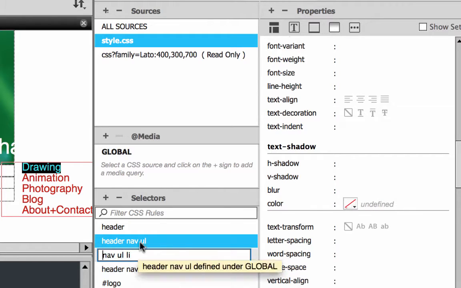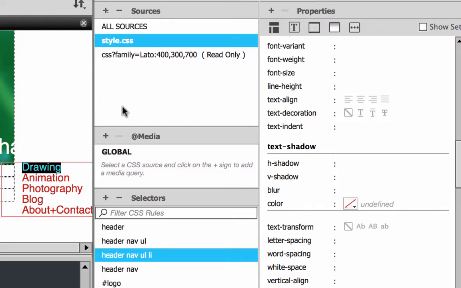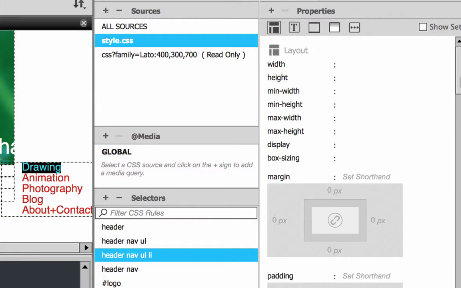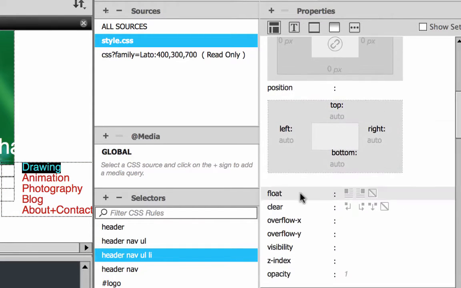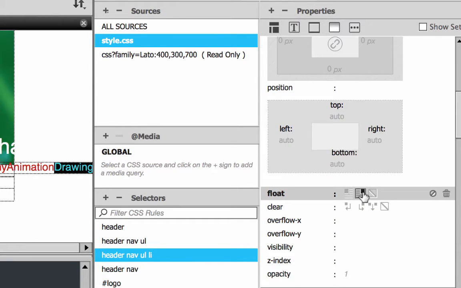So to be specific, I want to add header in front of this selector. So these styles will only apply to list items inside my header nav. Now under properties, I go up to layout. I'm going to go down to the float properties and click float right.